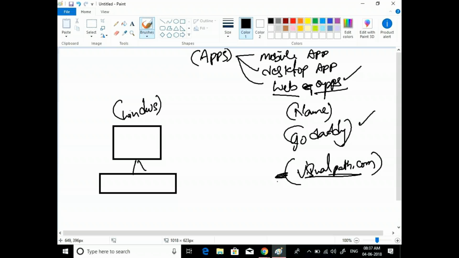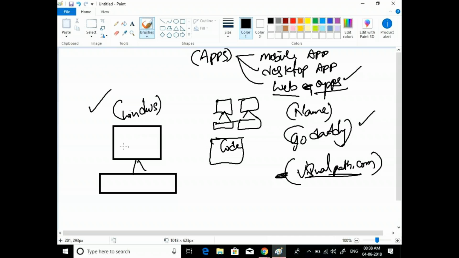Now, developers will prepare some code. Let's say developers in your office have two machines and are writing code, and the code is ready. Now they need some infrastructure in order to host this website. Let's say when you search visualpath.com, there should be some content it shows you. The designs are stored in a server. Similarly, right now this is my Windows server, and I want to use it as a web server.